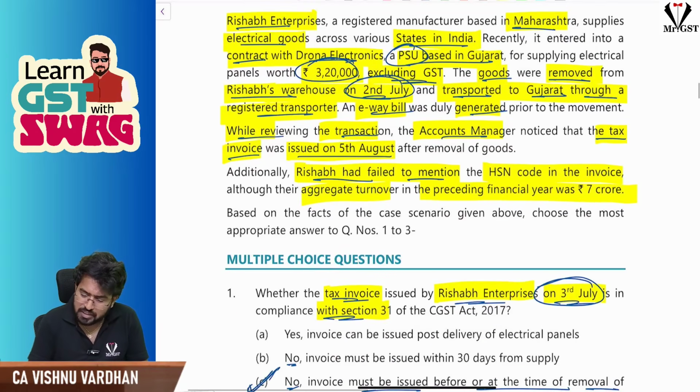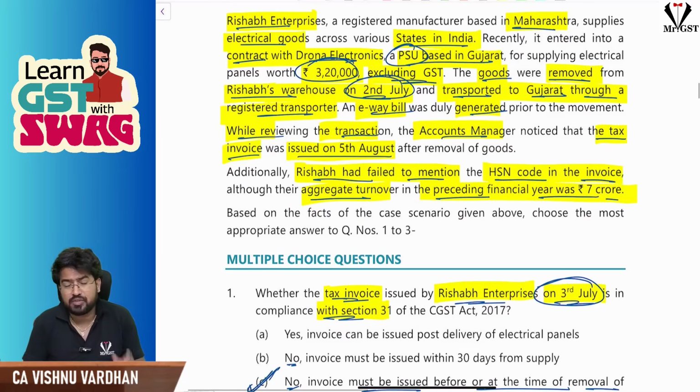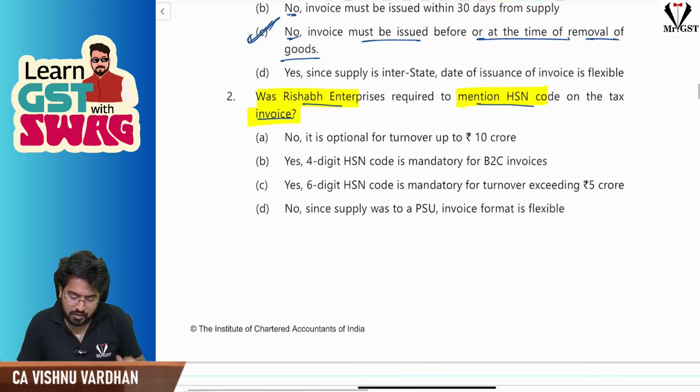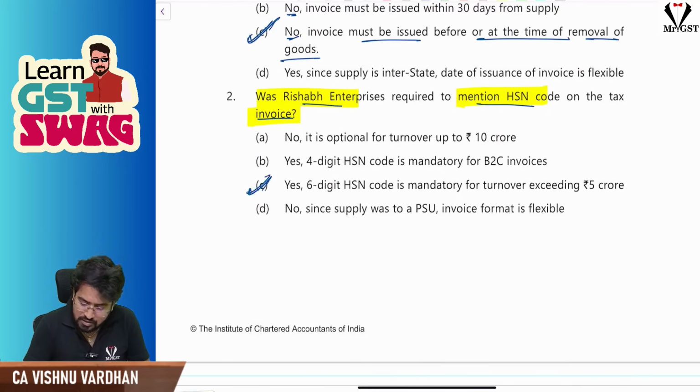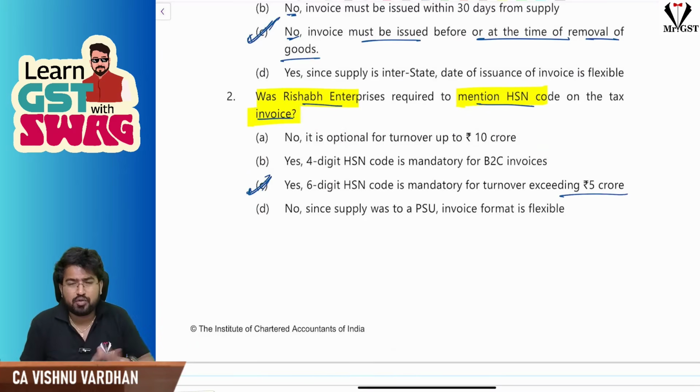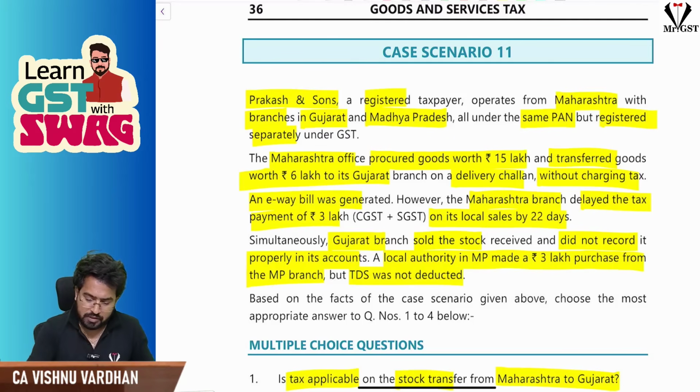Rishabh had failed to mention HSN code in the invoice. Aggregate turnover in the preceding financial year is 7 crores. If you know aggregate turnover is greater than 5 crores, now B2B, B2C, both cases 6 digits is mandatory. So, yes, 6-digit HSN code is mandatory for turnover exceeding 5 crores. Answer is done. 0 to 5 crores, B2B, 4 digits mandatory, B2C optional. Yes, this is the 10th case study. So, if you see the next one,